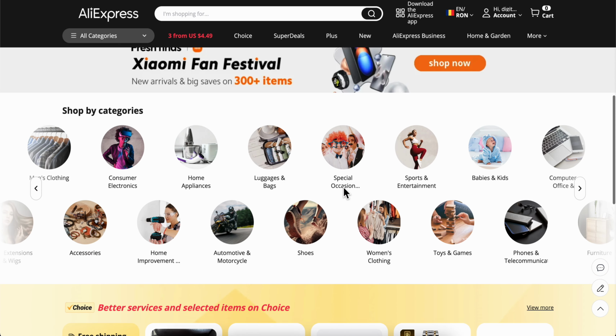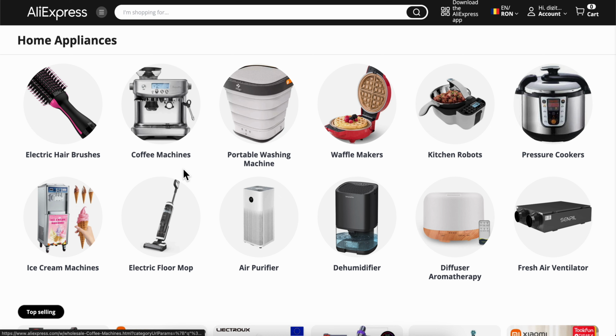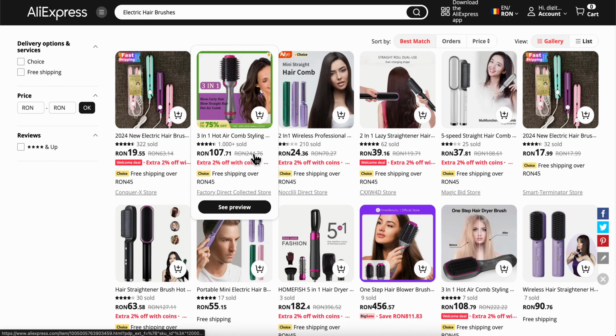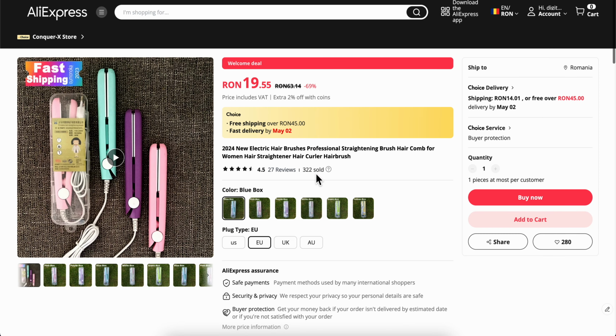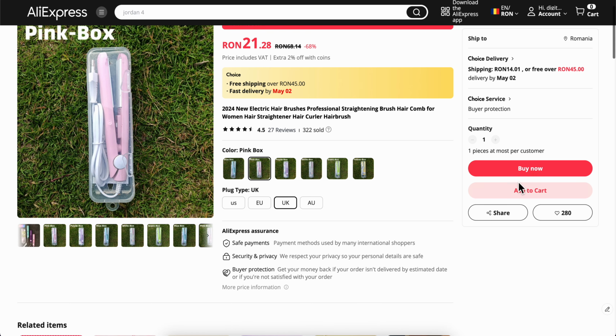So if I go to AliExpress and then I choose to buy something, I'm gonna show you. So I'm gonna go with a random product. Let me choose a random product from here. So I'm gonna go with this one here. So after you choose your product, you're gonna have to choose the color, the type, and then simply click on